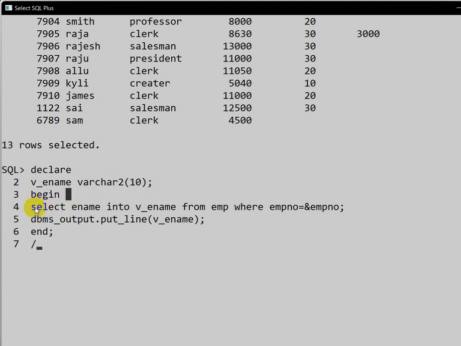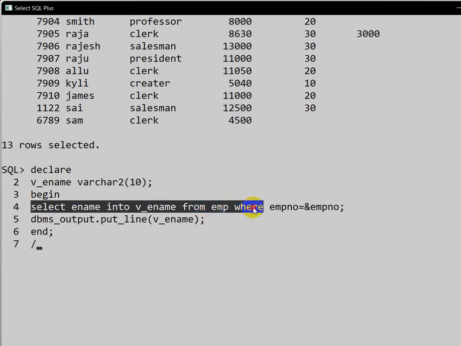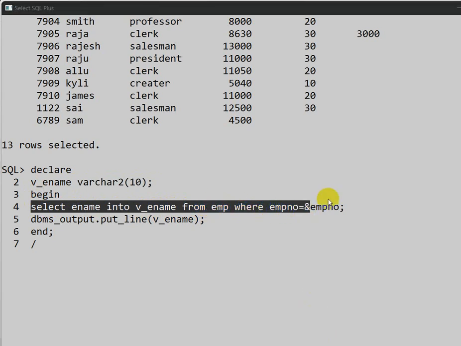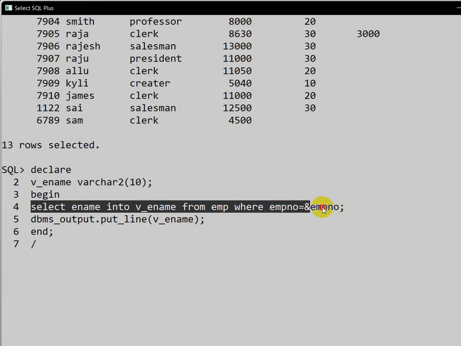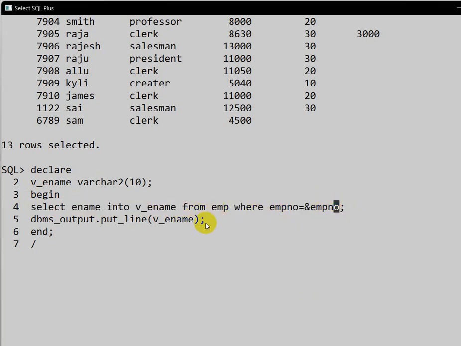In this we are writing select employee name into variable employee name from employee table where employee number is equal to employee number. So here we are taking the value of the employee number dynamically, and we are printing the corresponding employee name according to their employee number, and end of the execution block, and for executing, slash.